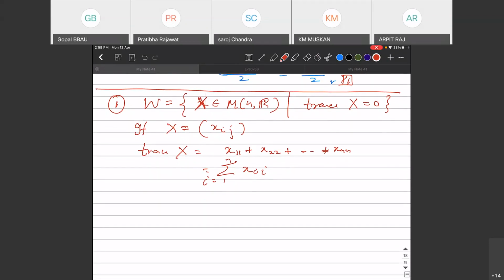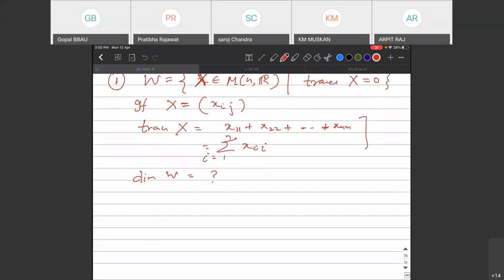So what is the dimension of this subspace W? What would be the dimension of W? n. Think about it. This is not that easy, it is not such a small dimension. Before answering this, let's see another